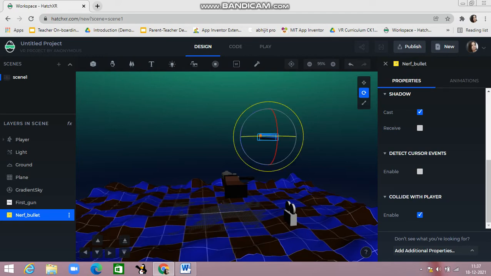I'm just making the size of the bullet small and I'm rotating it also.